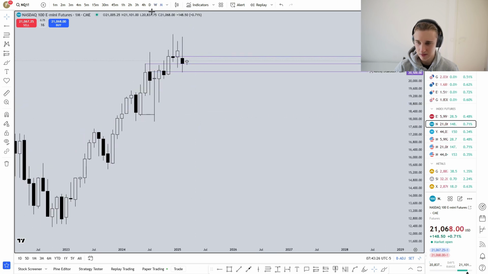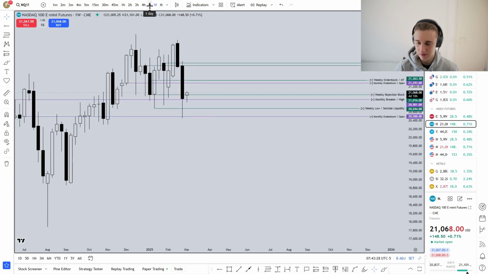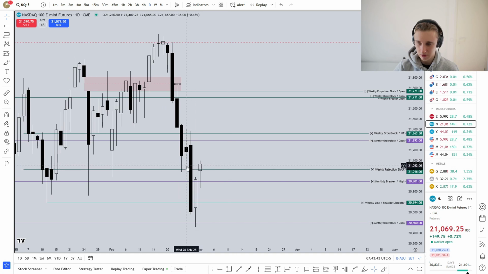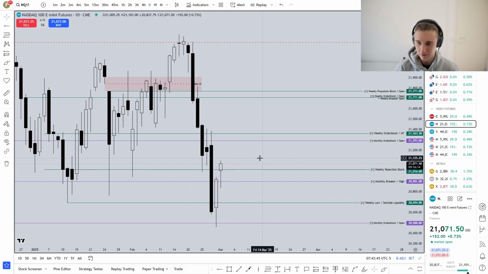NQ, yes, you can see the monthly levels, weekly levels. We ran out sell side as well Friday. Saw a bullish candle, anticipating this being a swing low. We gapped higher, and I want to see the market close this daily bearish fair value gap